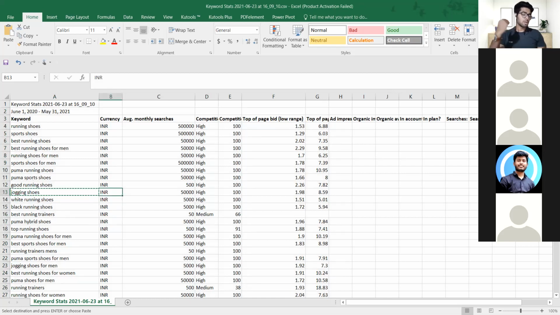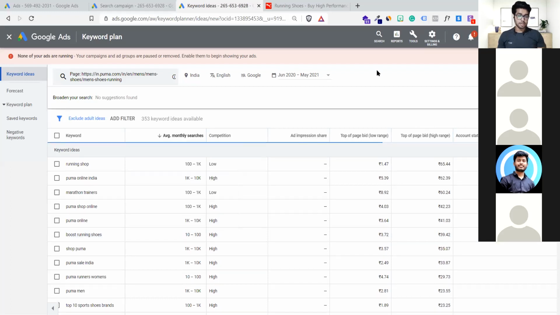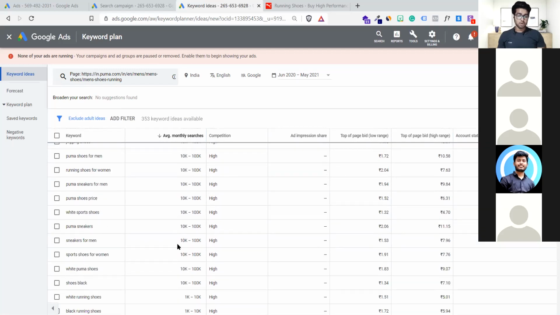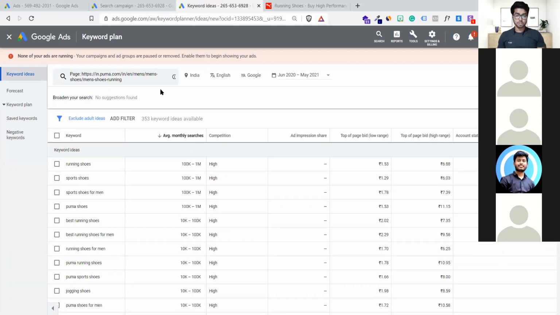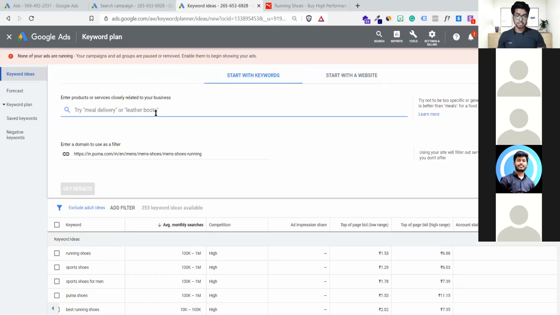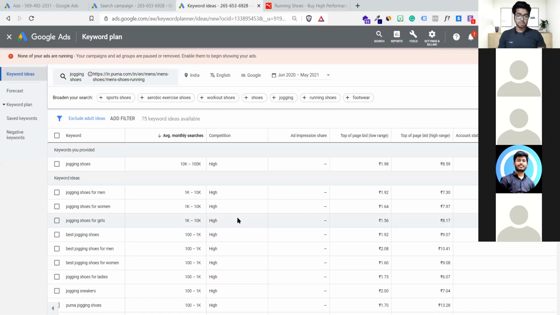Or in fact, don't do this practice because it's something that is still outdated. So better what I do here, I always go here and do this. Let me show you how I shortlist things. I quickly go here. I click on here. The moment I click, I see the top searches, average monthly searches here. I'll go down. Black sports shoes for men. Again, don't want it. I want jogging shoes. Okay. Let me just change the keyword settings here. Jogging shoes, make sense? Jogging shoes for men is my target audience. Jogging shoes for girls is target audiences.